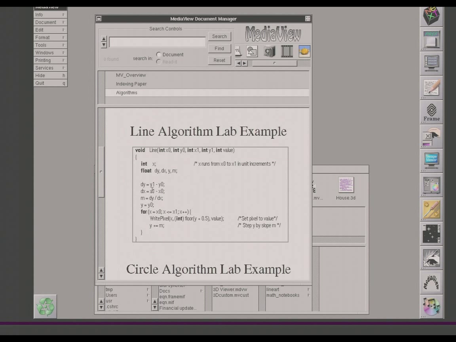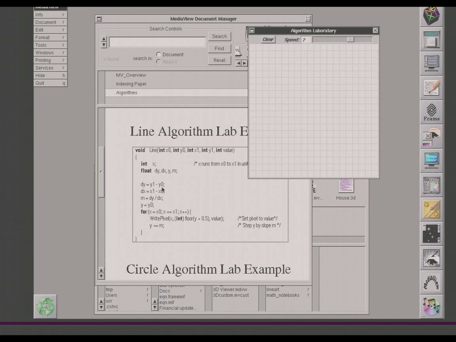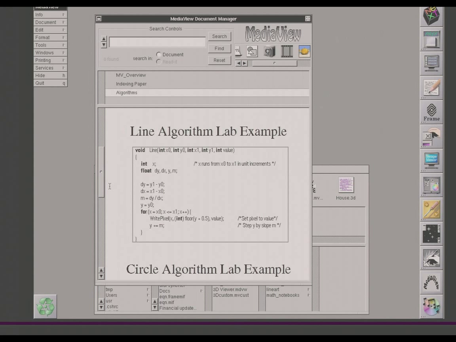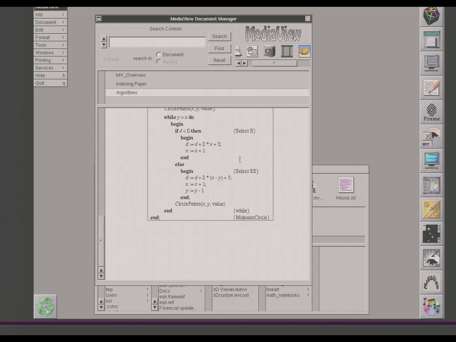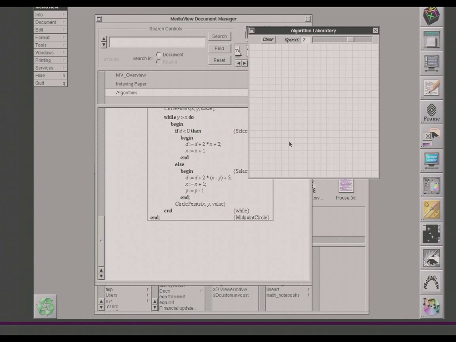Well, the student can click on this and have a little laboratory to see what would happen. So here's the idealized line, and we'll see what that program is actually causing to happen. It approximates it as best it can, and this is greatly expanded and blown up. And the same thing can be done for a circle. We also have an algorithm laboratory for a circle, and there's the idealized circle, and there is the rasterized